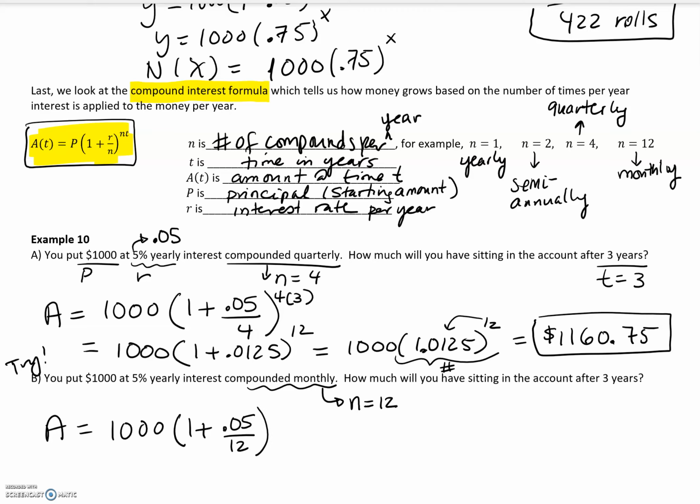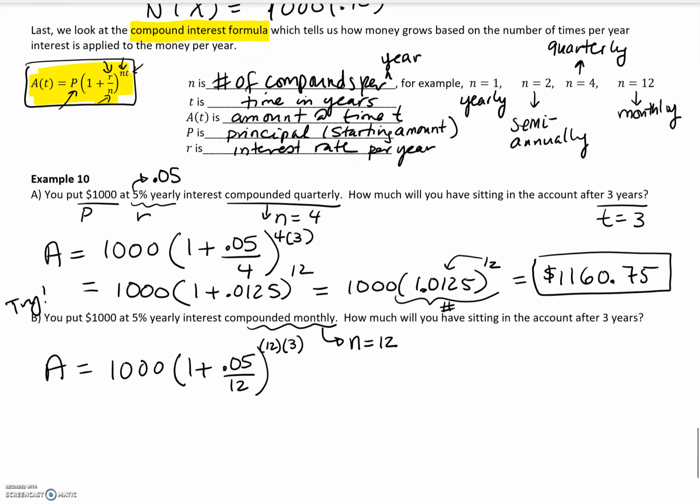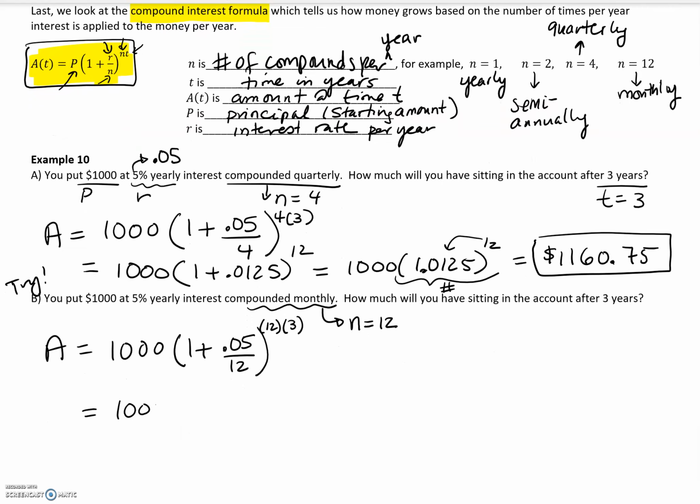So we'll divide that by 12. And n is 12, t is 3 in this case. So all I'm doing again is putting in the n, the r, the n, and the t, and the P in the formula. And once we do the simplifying, we get 1,000,